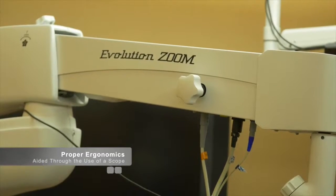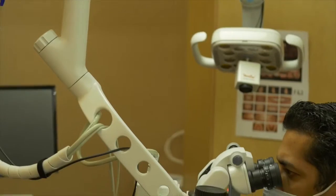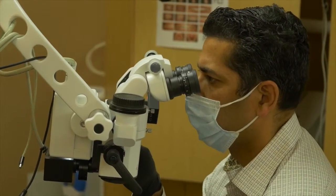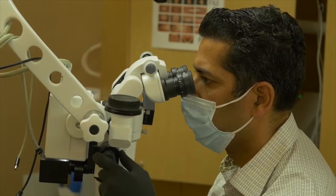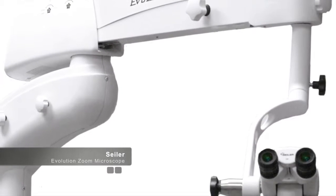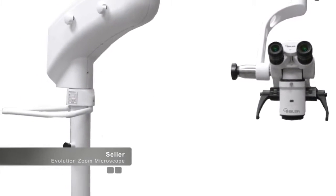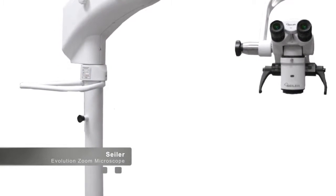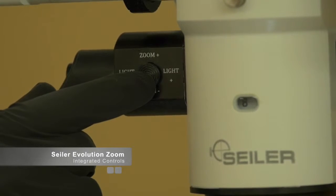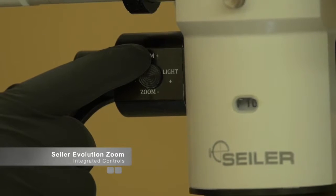Dentists are notorious for poor posture, and there's little doubt that a microscope can be invaluable in helping to correct this posture. Having said all of this, one of the more advanced microscopes that is currently available for use by practitioners is the Seiler Evolution Zoom. There are numerous features in this scope that many clinicians have found beneficial and that make the scope easy to use. While Seiler makes several different models, one of the features that is unique to the Evolution Zoom scope is a motorized unit